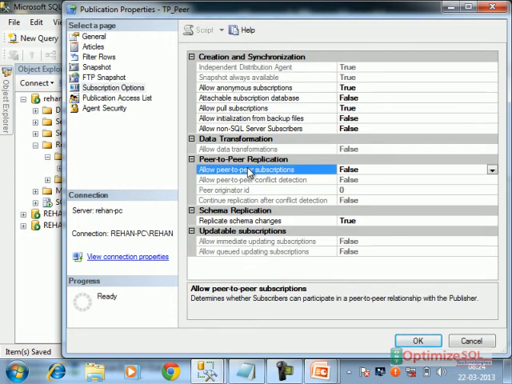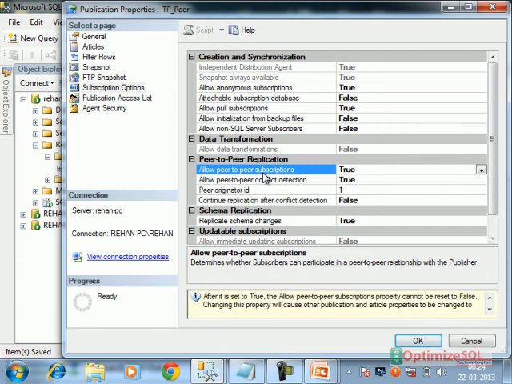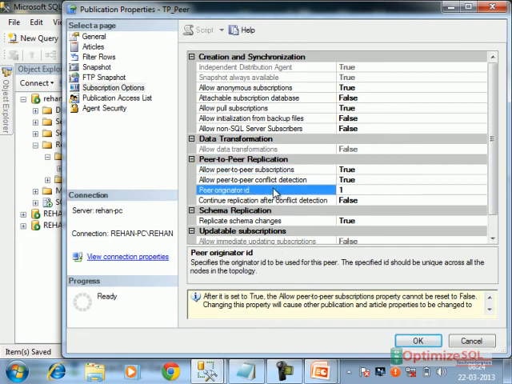One option is there: allow peer-to-peer subscriptions, true. Just one property we have changed. And see, it is saying this server acts as node 1.